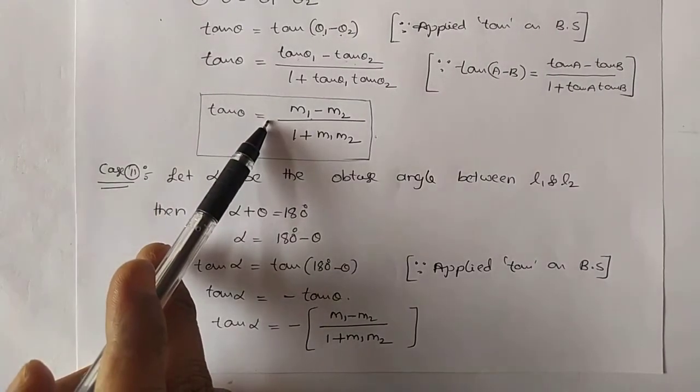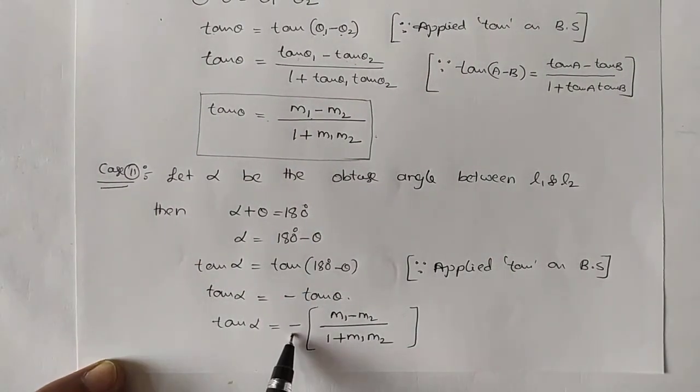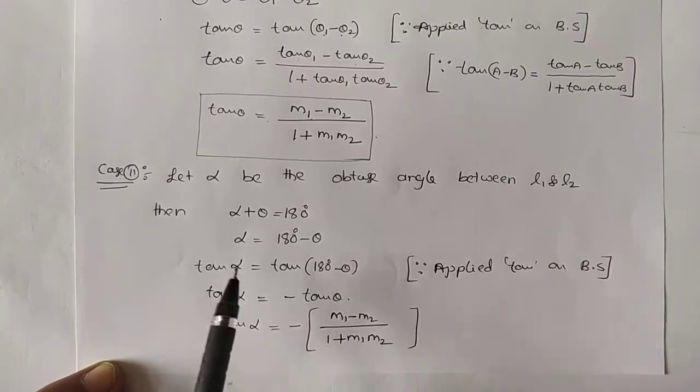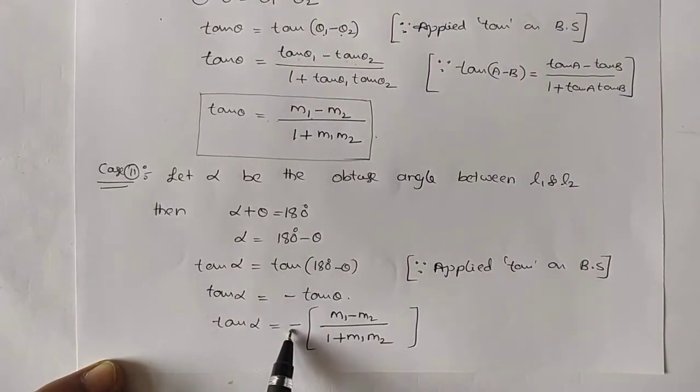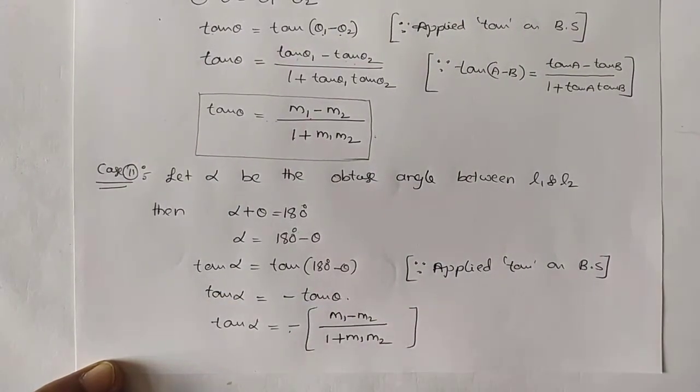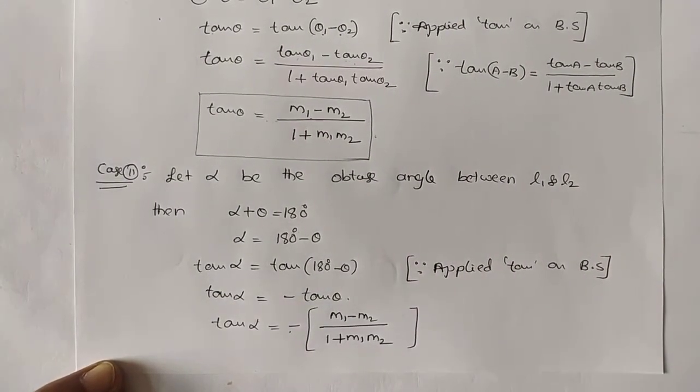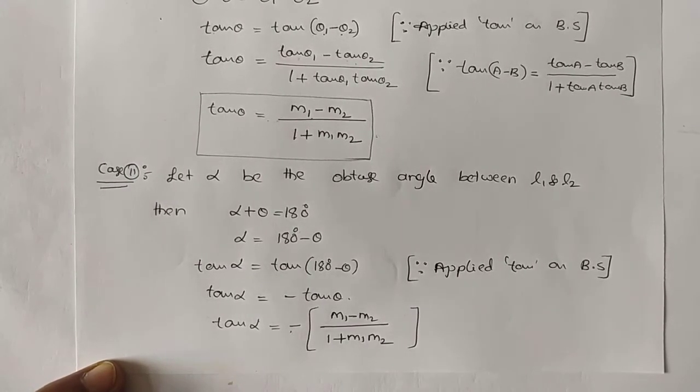In this case we have plus, in this case we have minus. Instead of writing plus or minus, we just put modulus. Finally we can conclude that the acute angle between the lines is